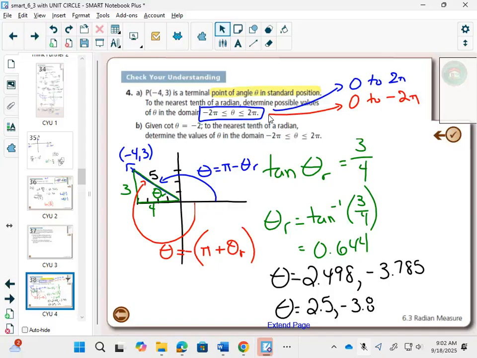Once you have that triangle, you can find that reference angle using SOHCAHTOA. And if you have your reference angle, then you can find the actual angle in standard position. In this case, we also had to think about the domain. We had to find the blue angle and the red angle to find all of the answers. So trigonometry,